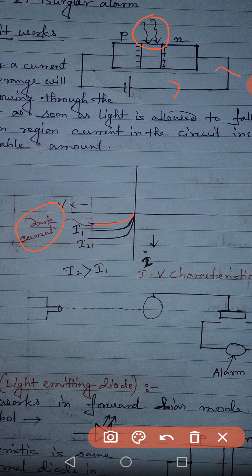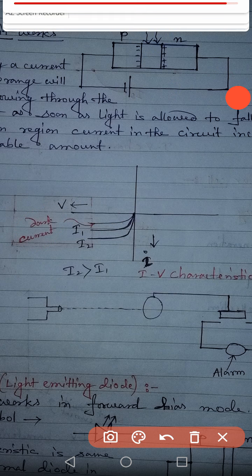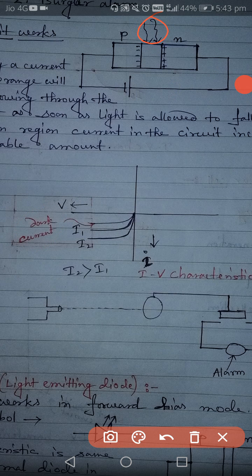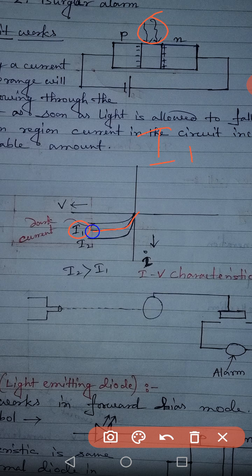Okay, now as the intensity of light increases, suppose now we are giving some light in the depletion region, and the intensity of this light is, suppose, I1. Here I have written I1. So for I1 intensity, now we are getting this graph. In this graph you can see that the current is more than the previous graph. Then suppose if you increase the intensity more to I2, then we will get this type of line. For I3 we may get an even higher current. Here I2 should be greater than I1, and I1, I2 represent intensity and not current, but to represent current I have given here small i, and on this side voltage.